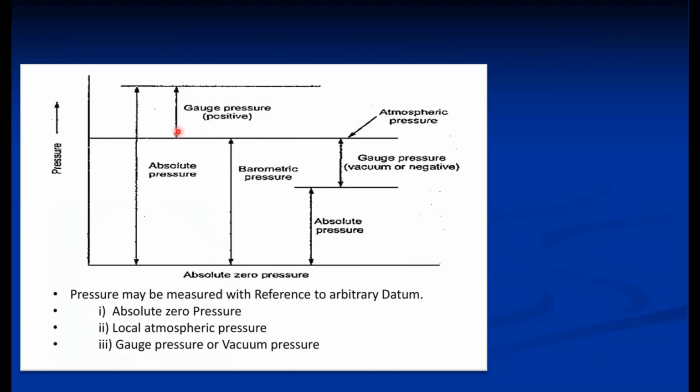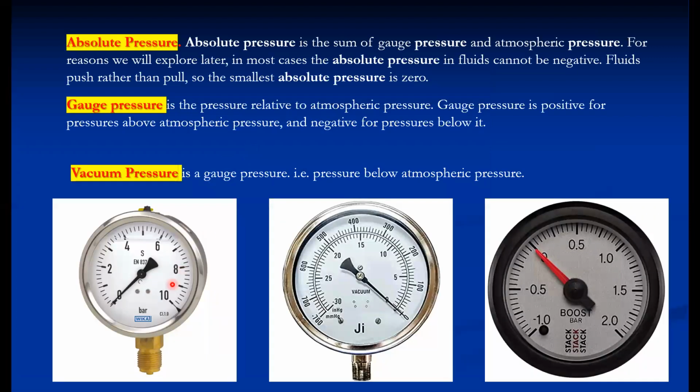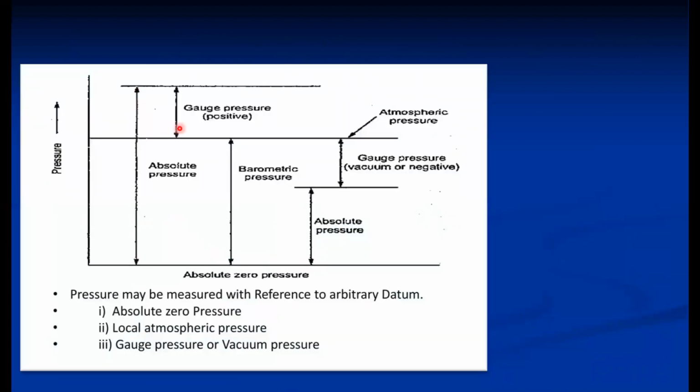This is a gauge pressure. Generally, all the gauges show a zero reading at atmospheric pressure. You can see in earlier diagrams, all of them show zero reading when not connected to any system. So obviously it shows zero. Now, if it is connected to the system and it shows some reading, that is called gauge pressure.